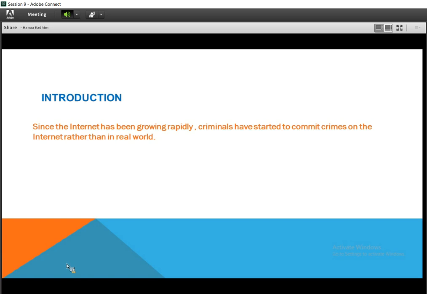Introduction. Since the internet has grown rapidly, criminals have started to commit crimes on the internet rather than in the real world. Criminals generally use malicious software to launch attacks on the victim machine. Malware is any software which intentionally executes a malicious payload on a victim machine.